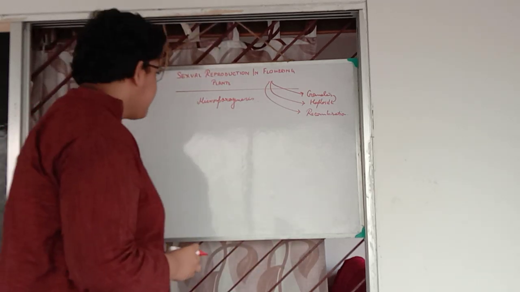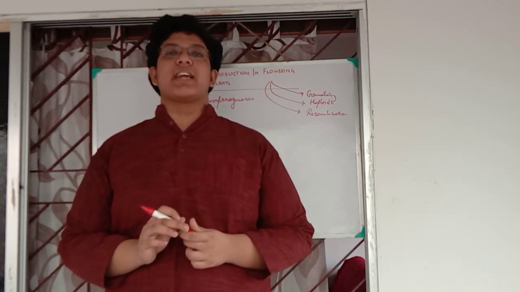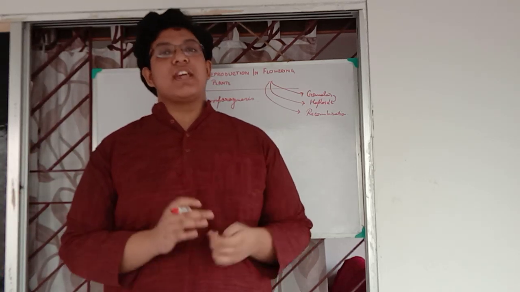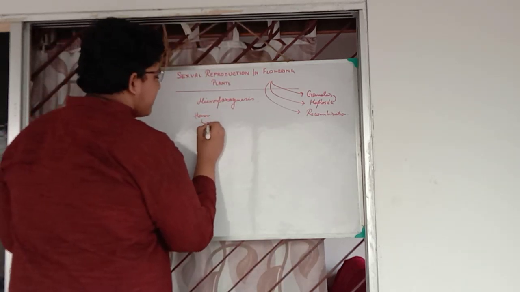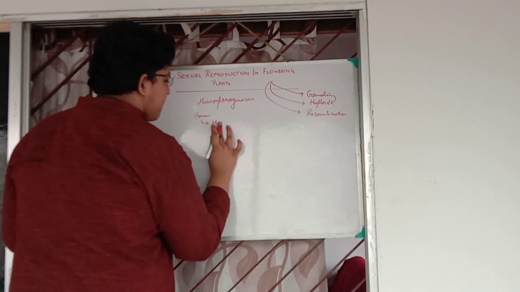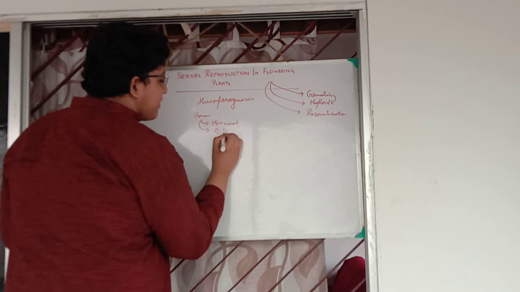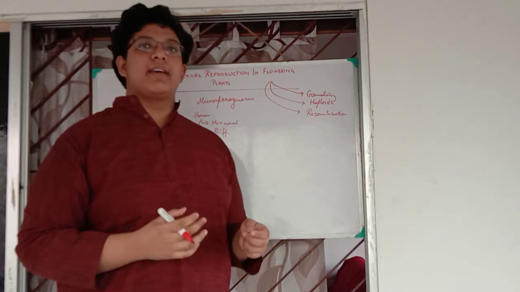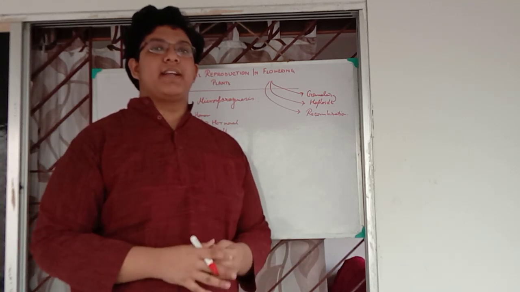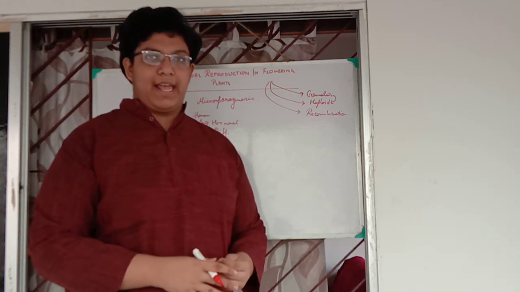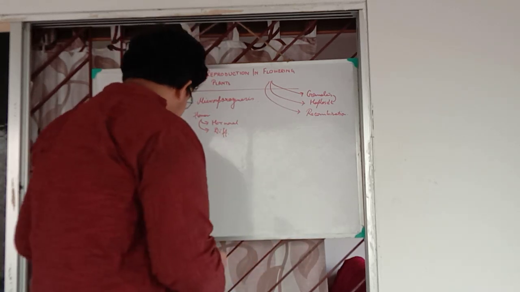So as we start with microsporogenesis, in a flower when it attains its maturity, what are the different changes we see? The first change we see is hormonal change. Next is differentiation into its different parts. The anther gets matured, the stigma gets matured. In some plants, the stigma matures later than the anther in order to prevent self-fertilization. This I will be discussing later in my classes.